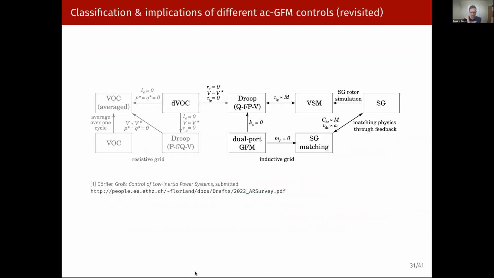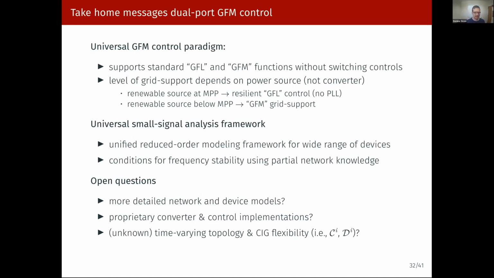Okay, so that's the picture I've shown before. See here we have this dual port grid forming control, and if I drop one coefficient to 0, I get the droop control. If I put another coefficient to 0, I get these machine emulation controls. That was one of the missing pieces, where you can see that different parameterizations of this dual port grid forming control can give you either droop control or machine emulation controls. Okay, so those were the take-home messages here,